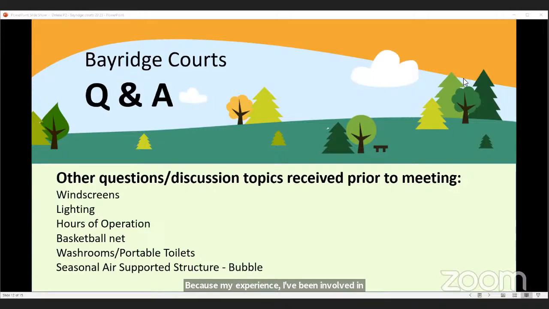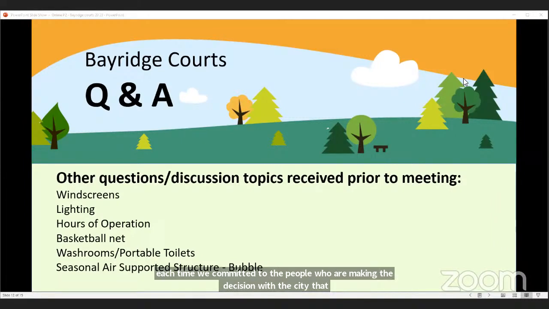some other people. And we've had some lines put on different parks at Riverview, etc., where we use dual use courts, like it's tennis and it's also pickleball. And each time we had communicated to the people that were making the decision with the city that we would like to have somebody present to do the lines and make sure that there'd be enough space behind the courts, on the side of the courts, etc. And they said they'd agree to it, but then unfortunately they went ahead and just painted the lines,